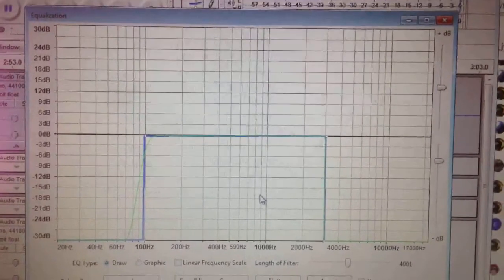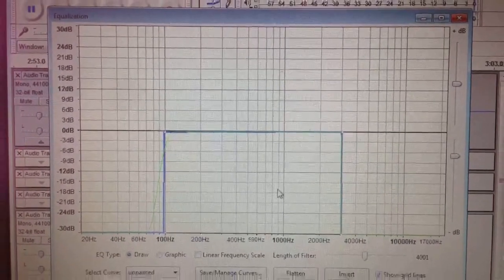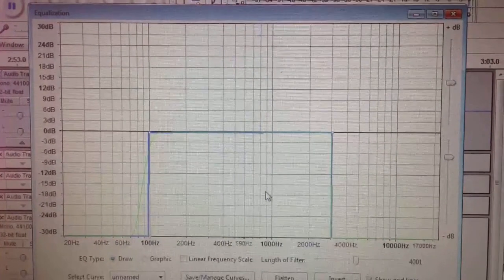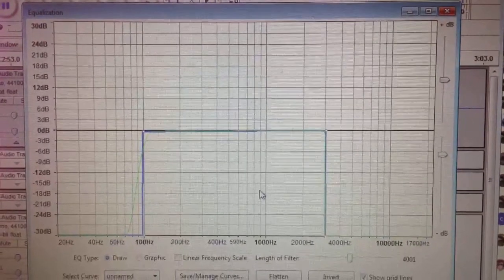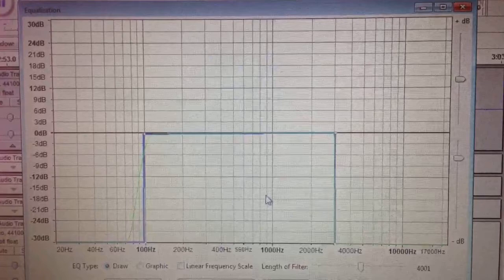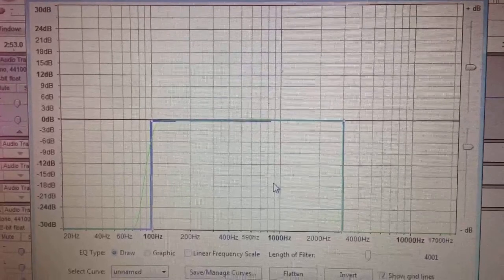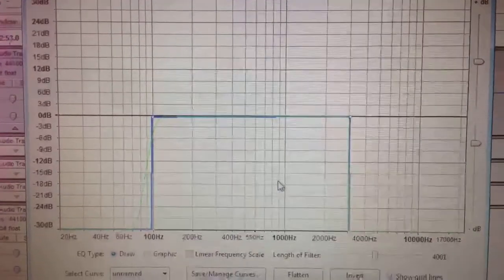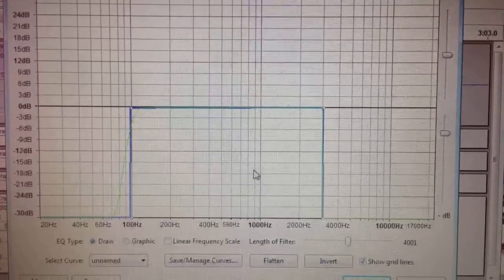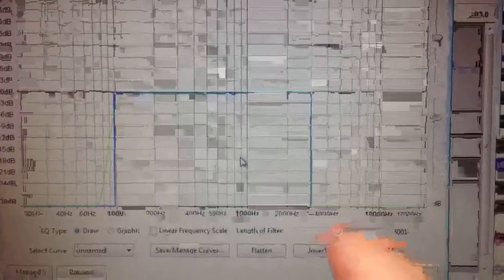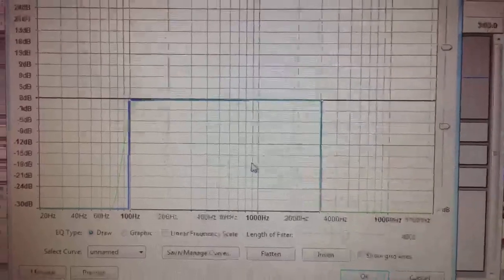Now this is a particular equalization that I learned from the web series Red vs. Blue. This is the equalization they use when they want to make their voices come out of helmets, so it sounds like walkie-talkies. I do this anytime I have a robot or an artificial voice. You want the line to go from 100 hertz straight up, go across, and straight down, so your voice sounds like it's coming out of a walkie-talkie or helmet-to-speech thing. And so when I do that,